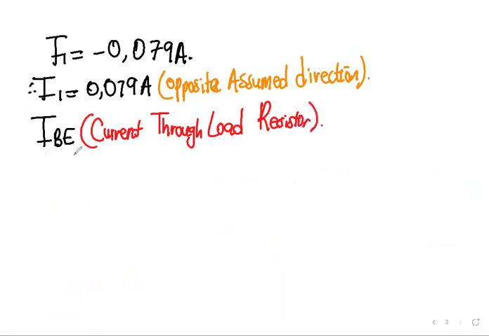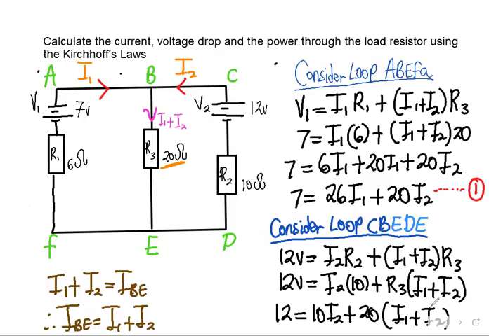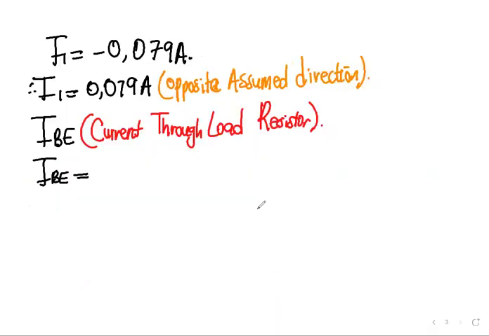So this is our current through the load resistor, represented by IB. I know that IB, the current through the load resistor, is equal to what? It's equal to current number 1 plus current number 2, right? So our current through the load resistor is going to be equal to current number 1, which is